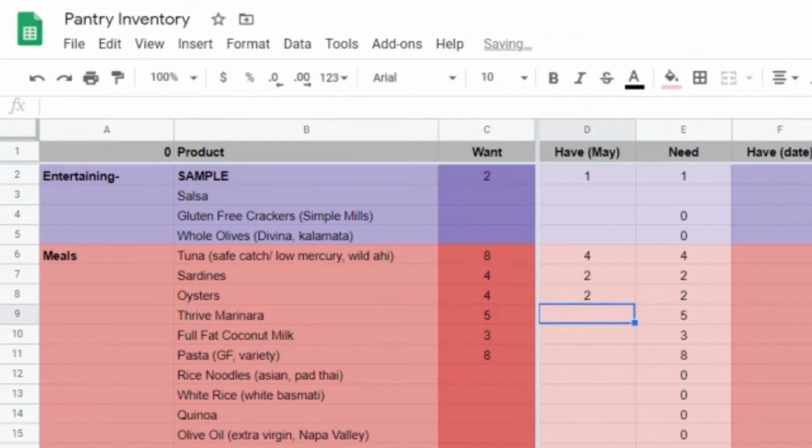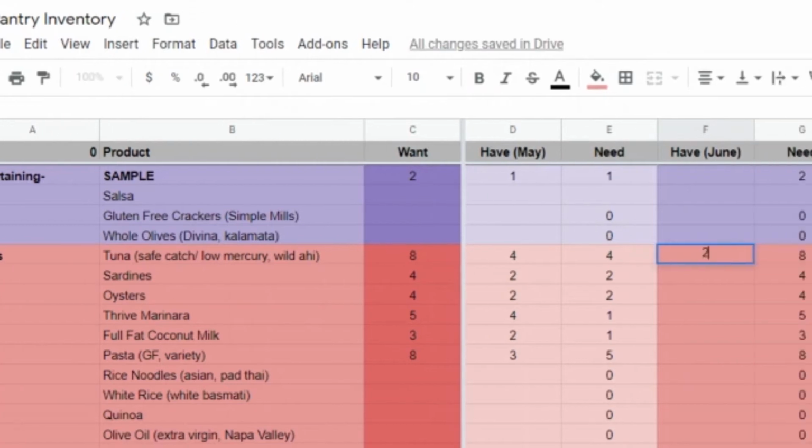For the next step, I add a formula to the third column, so it'll automatically calculate how much of each item I need to place an order for, or if you go to the grocery store, how many you need to purchase. This is where it kind of gets on repeat. Once you've done these first few steps, the inventory piece is the piece that you'll repeat on a regular basis. You'll want to decide how often you want to do it.